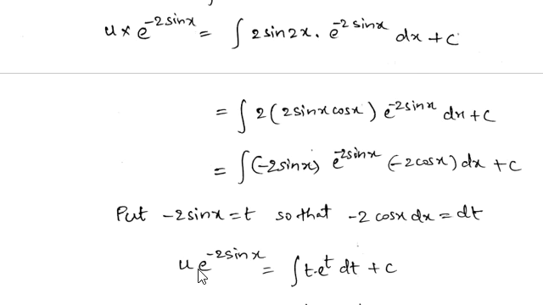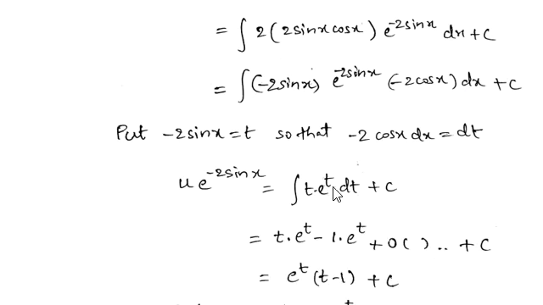the left side is as it is, we are writing u into e to the power of minus 2 sin x. We are not taking t because in the last we have to replace again. So replacing is not required here, so we take the left side as it is, and on the right side we are replacing these terms with t or dt. We have assumed minus 2 sin x as t, so in the place of minus 2 sin x we write t, and e to the power of, once again, t, and minus 2 cos x dx we got as dt. So in the place of minus 2 cos x dx we write dt.